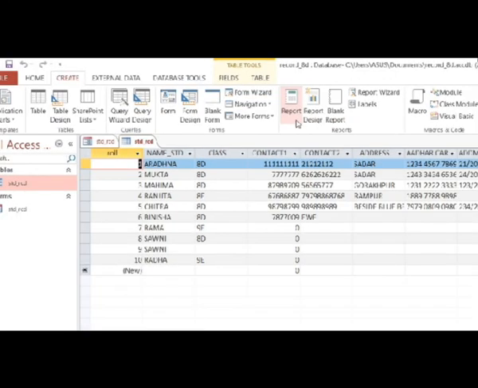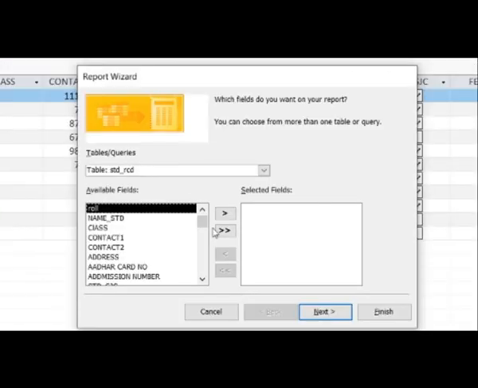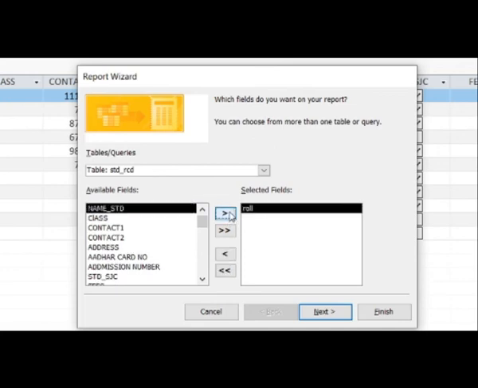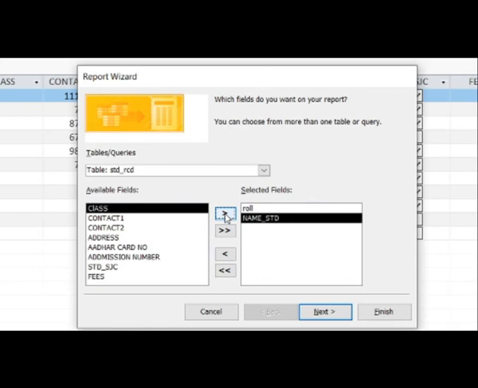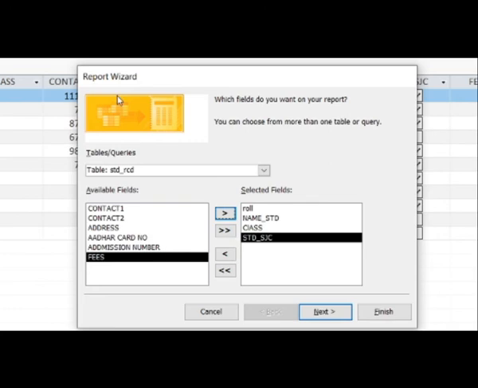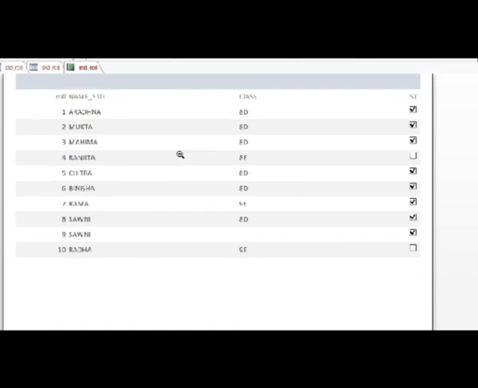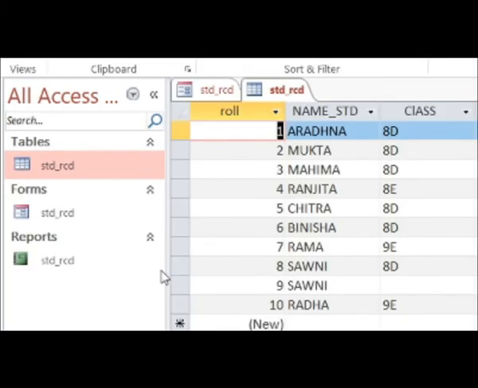Same way with this table, now you can make a report also. So from the report group, click on report wizard. Same thing you will see, just like the form wizard, you will have multiple field name options of that table, all the field names whichever you want. This time I will not take all the field names. This time I will take selected field names. So see, this is how you select and move it to the selected fields and finish it. Now see, this is the view of your report. Only 3 fields we have taken, so it is showing only 3 fields.